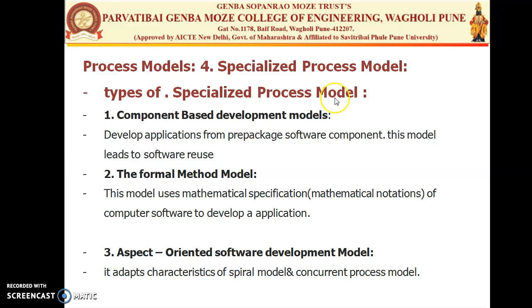So the component based development includes, firstly, that the available component based products are researched and evaluated for the application. Then the component integration issues are considered. What issues will arise if we combine two or more components?